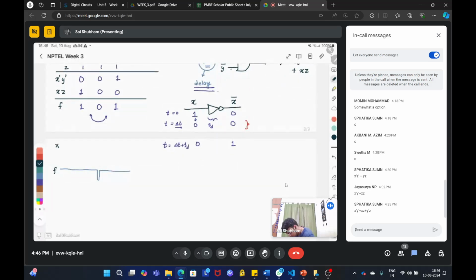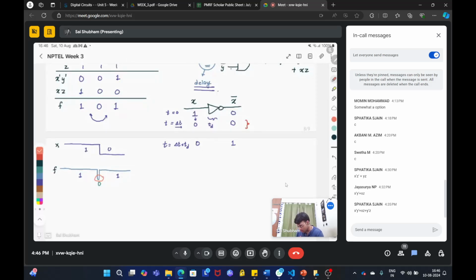Suppose this is your x signal and you have made the transition from 1 to 0. So your output signal will remain at 1 initially. After the transition, it will remain at 1 also, but for a small duration of time, it will go down to 0. So this actually causes some problem. You want your circuit to be very resilient to glitches, and so this can actually cause problems